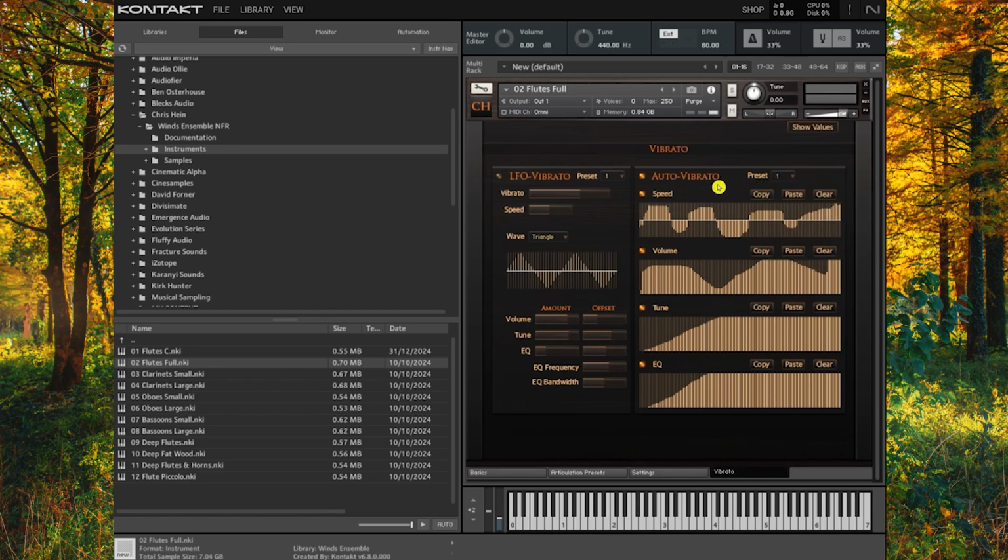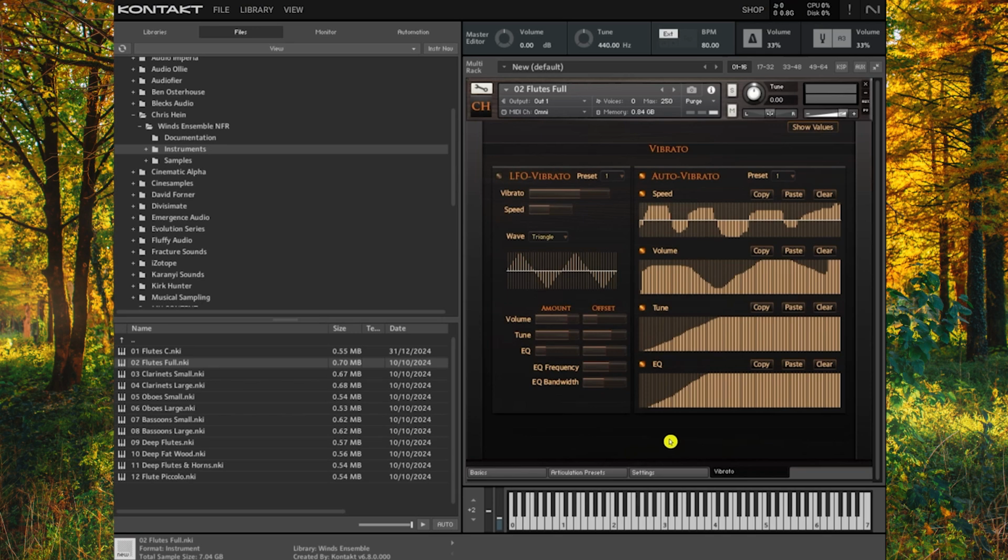Again, an extraordinary level of detail where most vendors would be just happy to give you a vibrato control and maybe a CC to control whether it's on or off. Chris has given you another next level of control over that vibrato if that nuance and detail is to your liking. Phew, I'm 10 minutes into this video and I have barely scratched the surface of what you can achieve